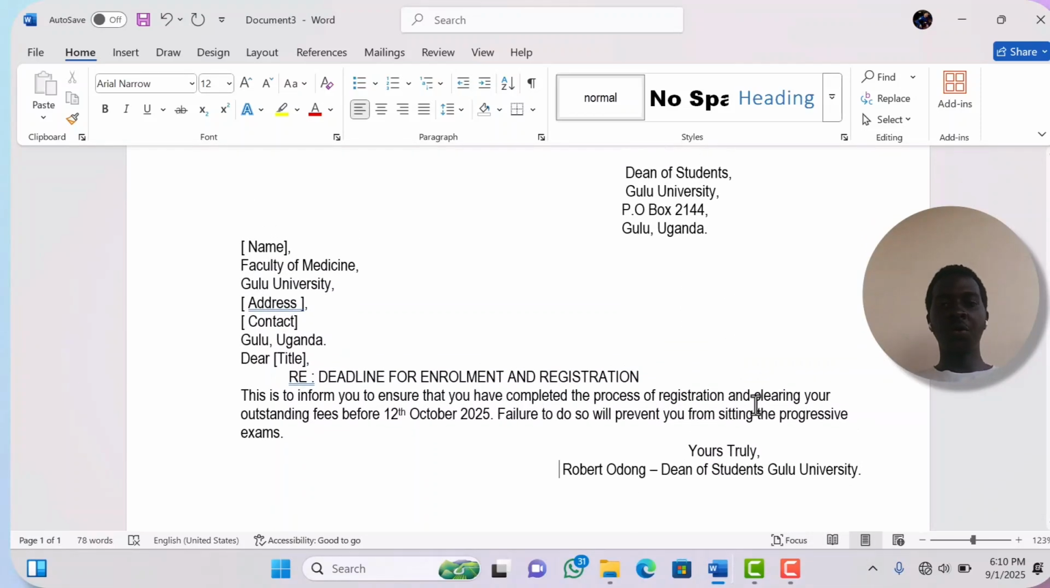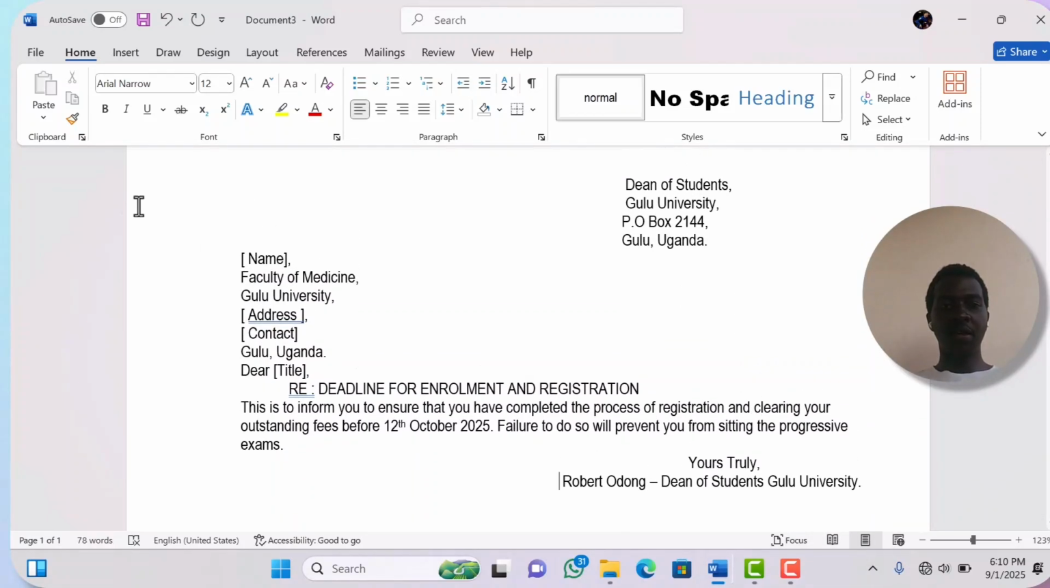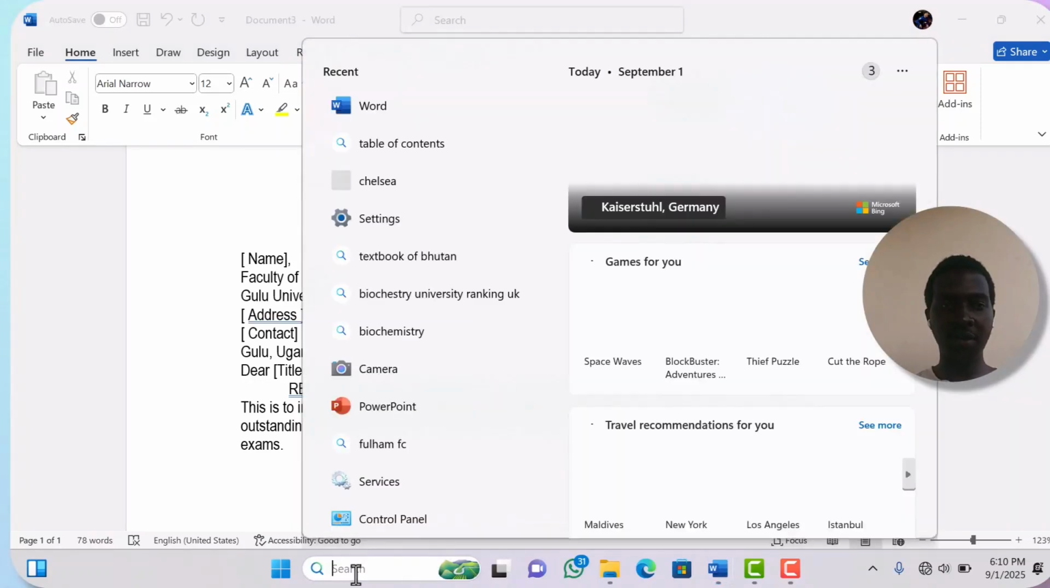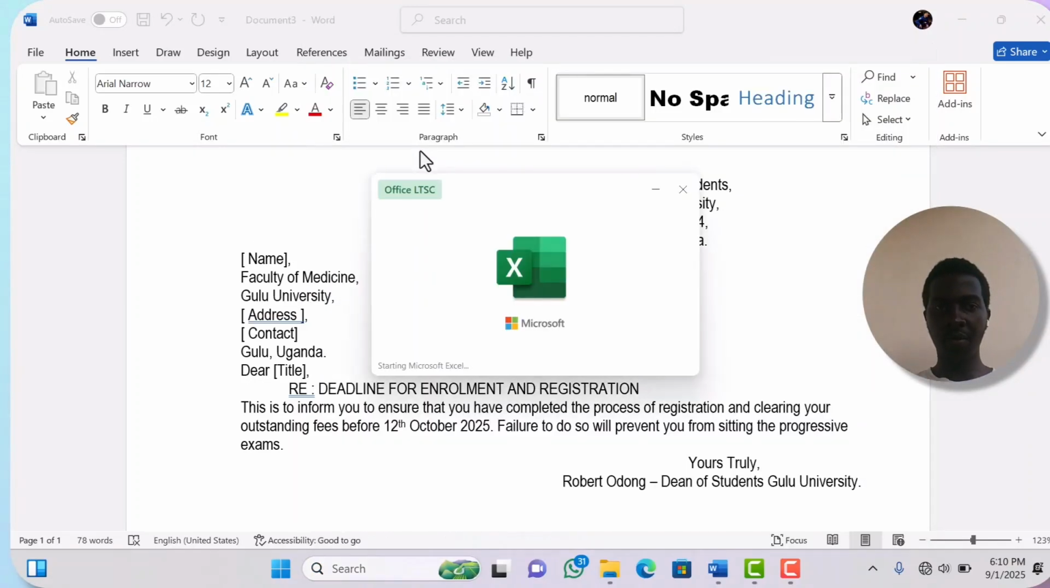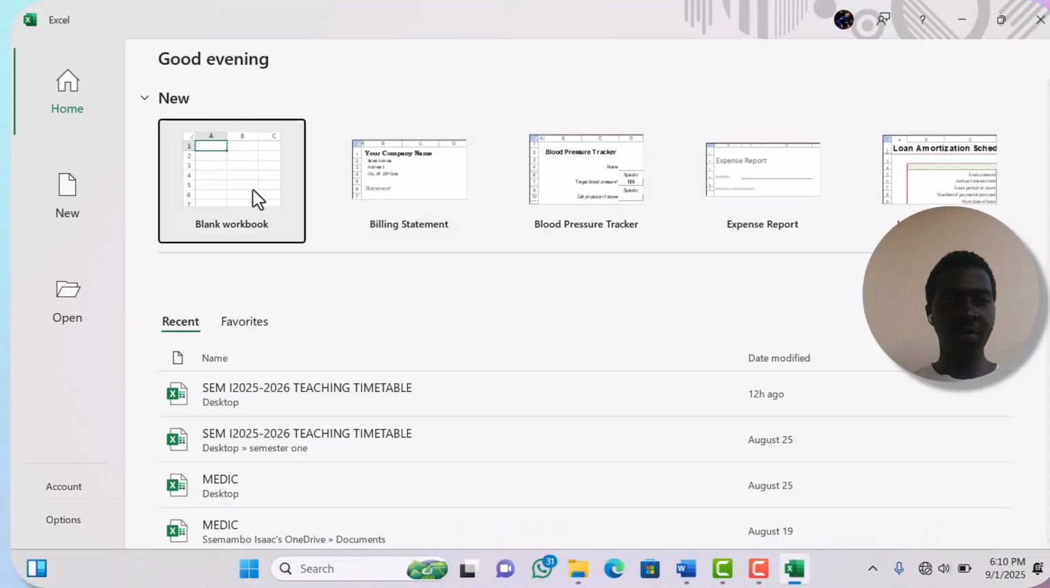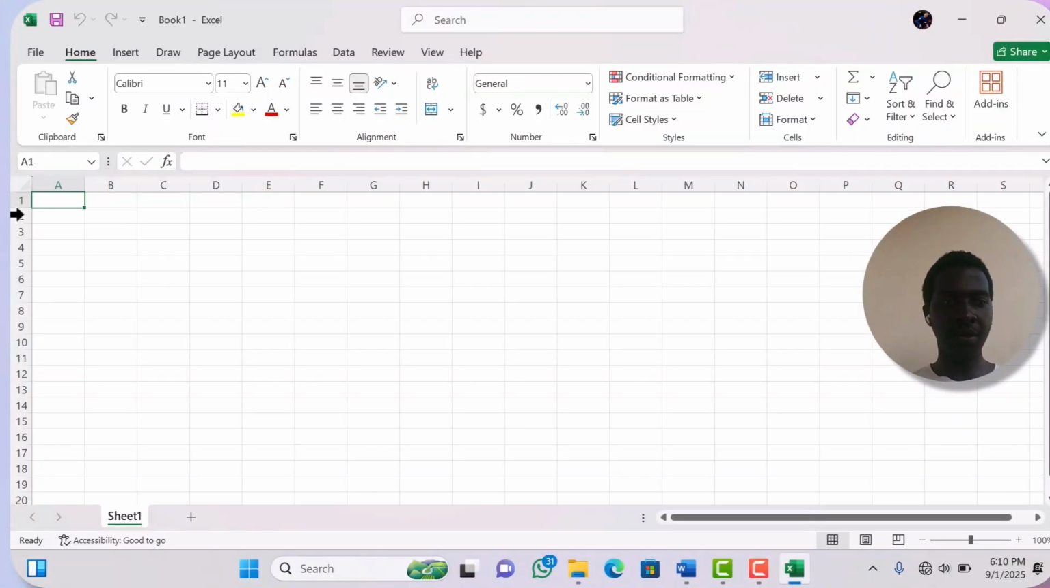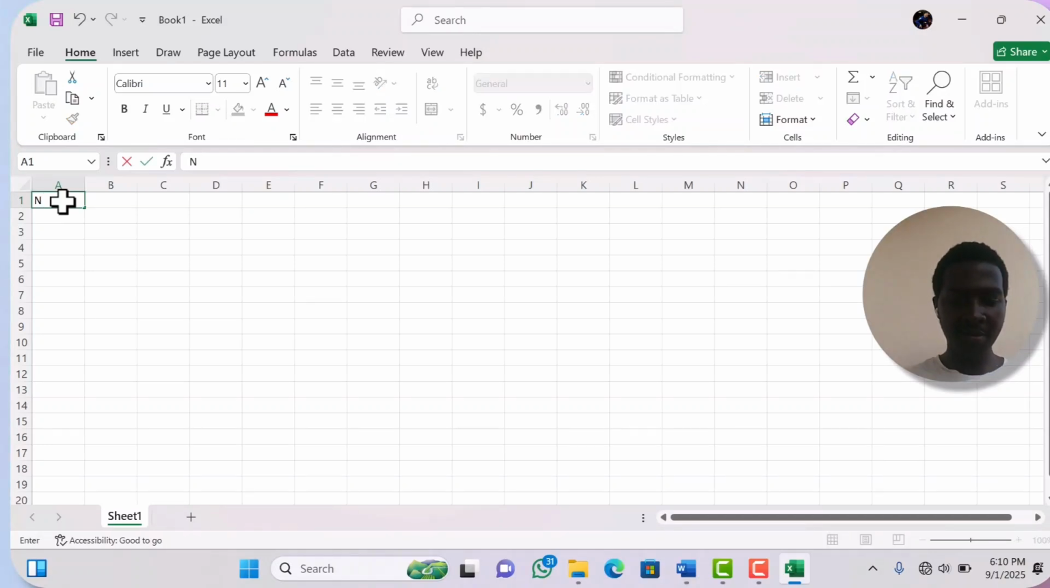Now, all we're going to do is create a mailing list where we're going to have these as our merge fields. So we can open a new Excel document where we're going to create our merge fields. So let me look for Excel. We just want to create a table. Remember our placeholders, our input fields? We had name,